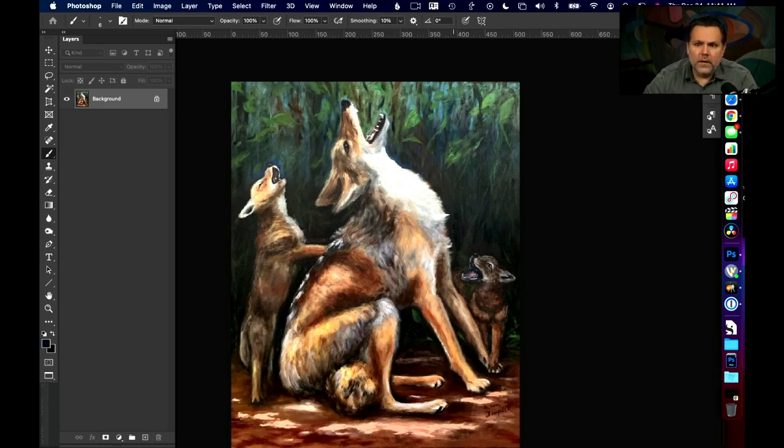So the dogs, coyotes and wolves, are painted very lovely. They look proportionate. They look realistic. The light logic is fairly good. There are some, just like I was talking about with Gwen, there are some little areas where